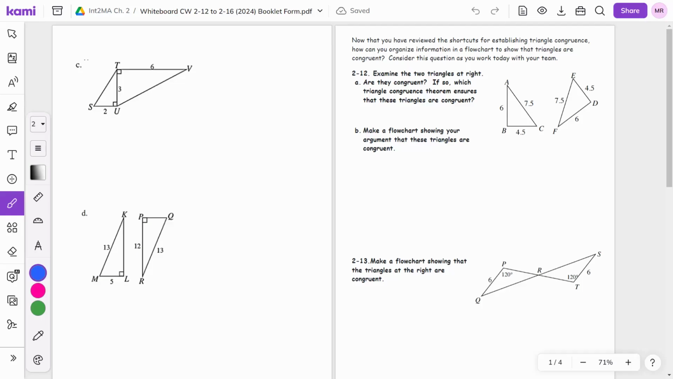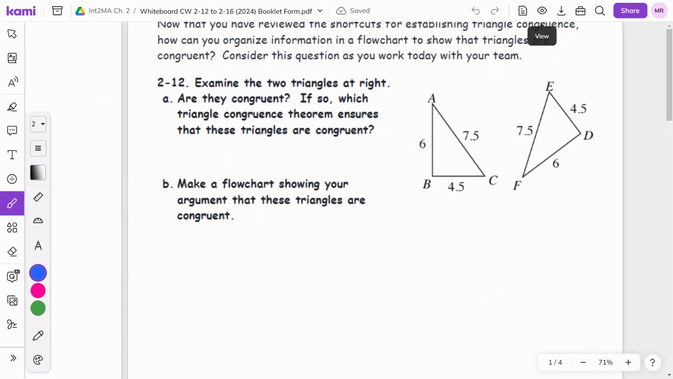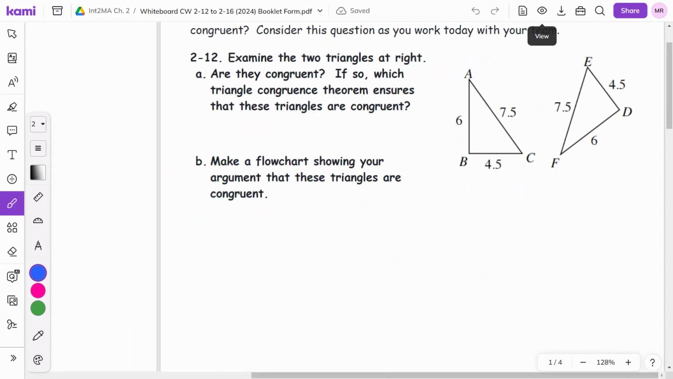So this video is for Integrated 2MA. This is the 2-12 to 2-16, which was the classwork / putting in our composition book notes, dealing with flowchart proofs and 2-column proofs. So starting with 2-12, if I'm looking at this picture here, I notice that I have